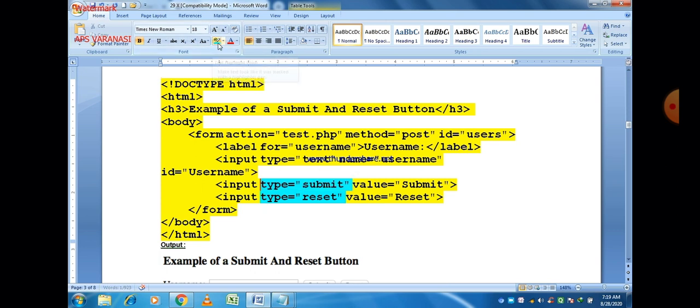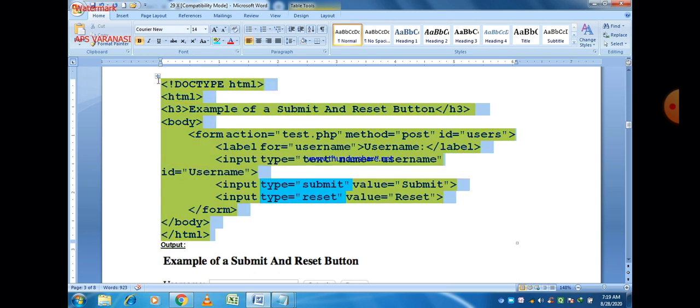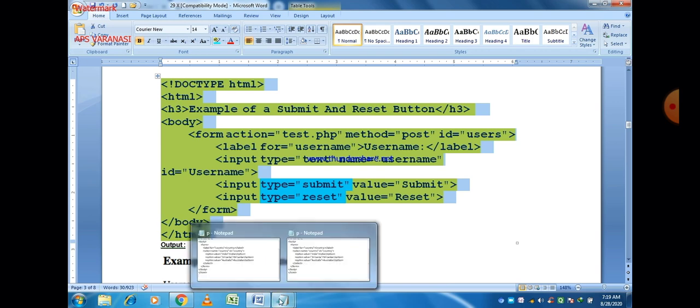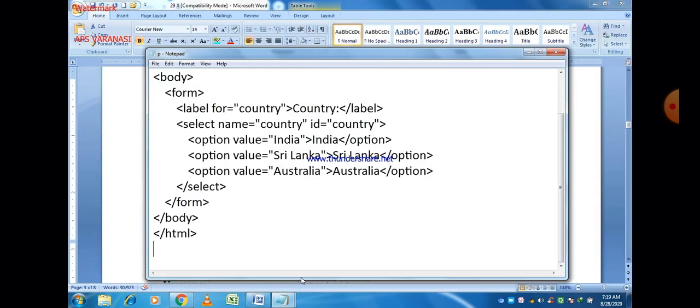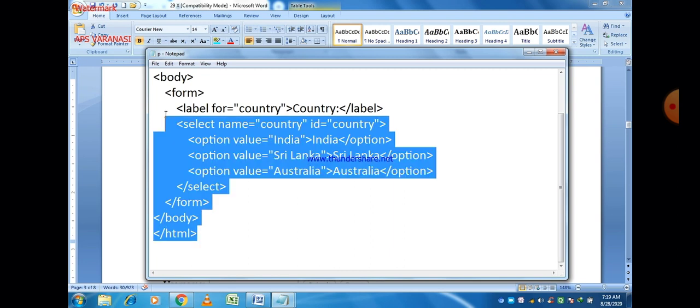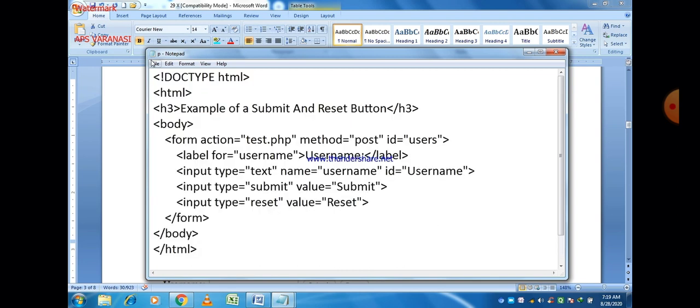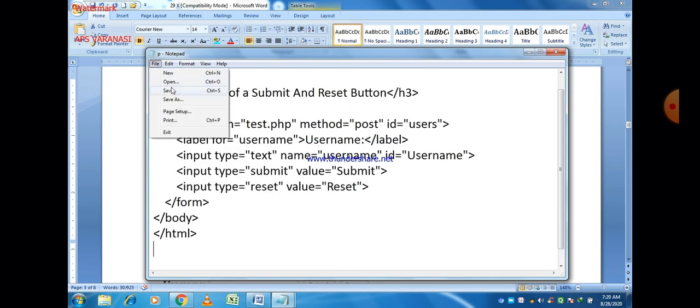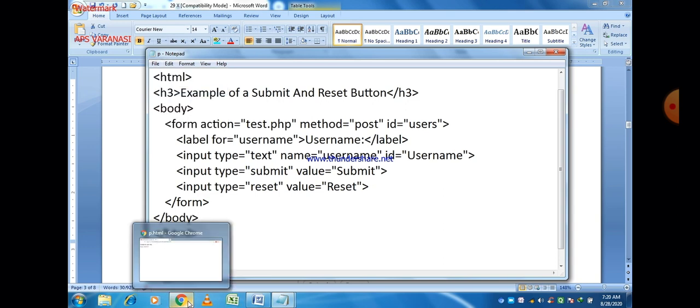So for that purpose, just write type is equal to submit, which allows you to submit the form, and input type is equal to reset, which allows you to reset the values. This is our program here. Just execute the program.